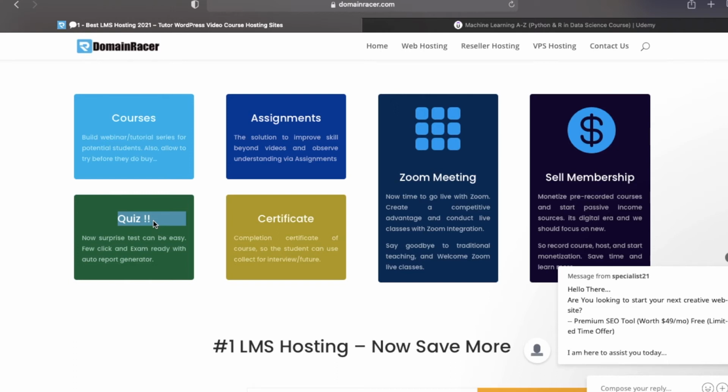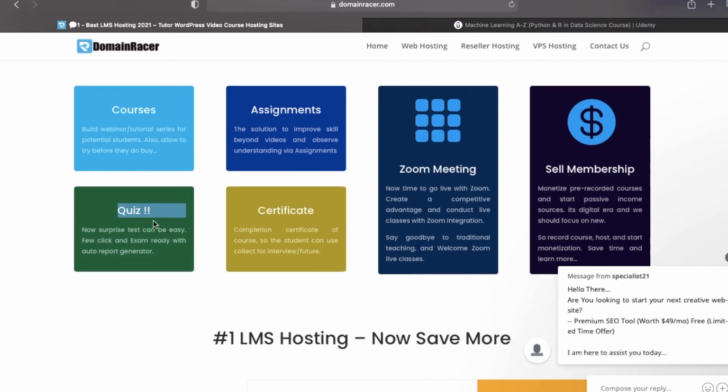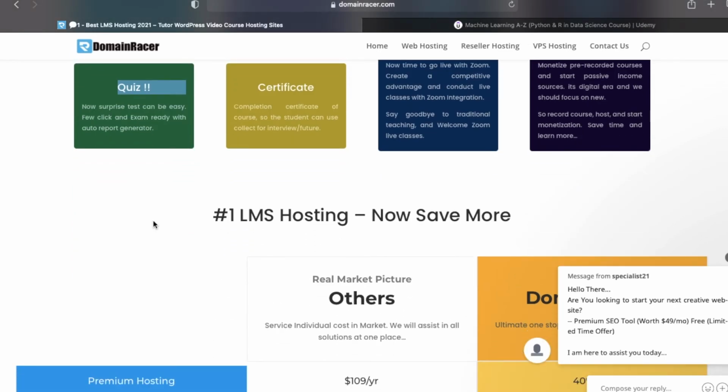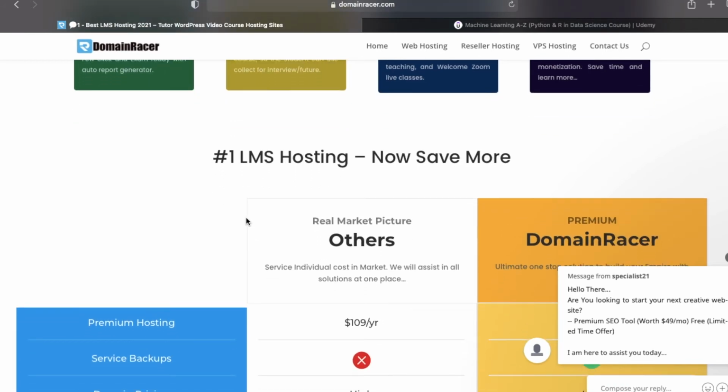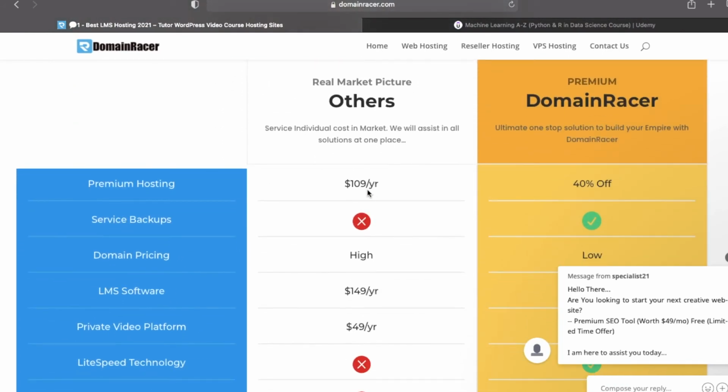A student can submit the quiz. So such a platform is really amazing, you can say. And here you can check LMS hosting. Now we save, so on other platforms selling this product